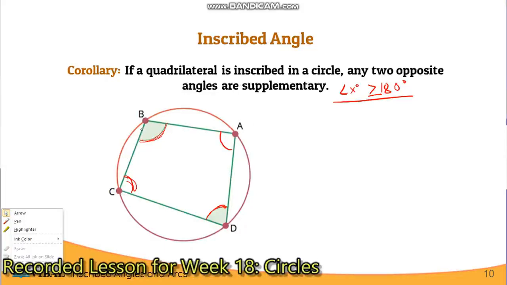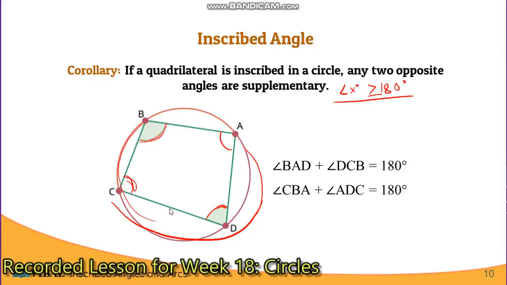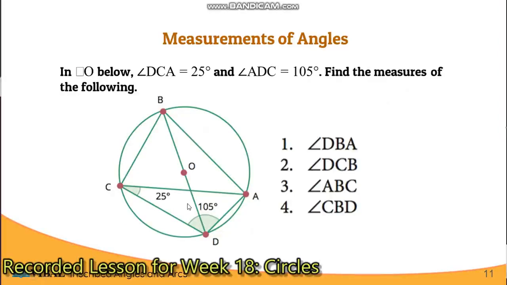Okay, you have arc dito. This is an arc. This one, arc yan. Okay, kung ano yung measure nito, kalahati ng arc niyan, yun yung measure niya. Meron din tayong arc dito. Importante na visualize din natin yung ating mga figures. So, let's try to measure this one. In quadrilateral and circle O, angle DCA is equivalent to 25 degrees.